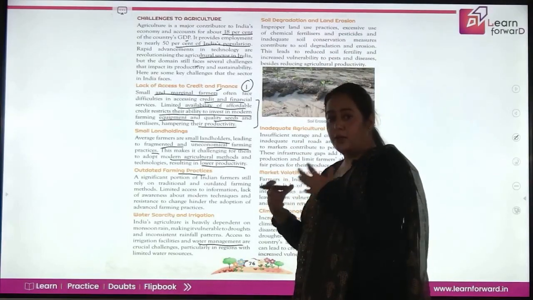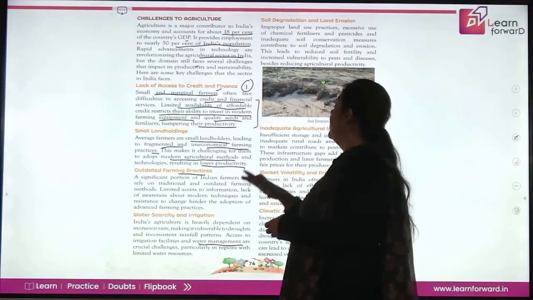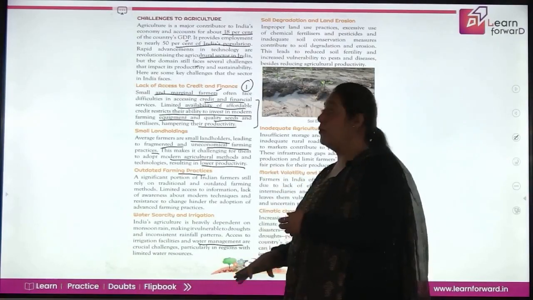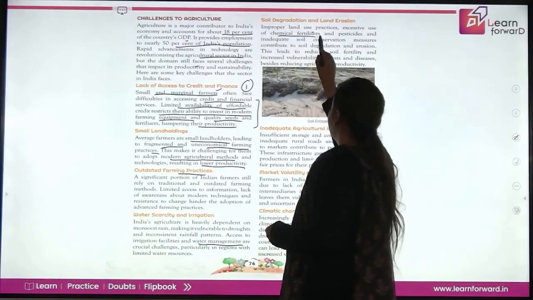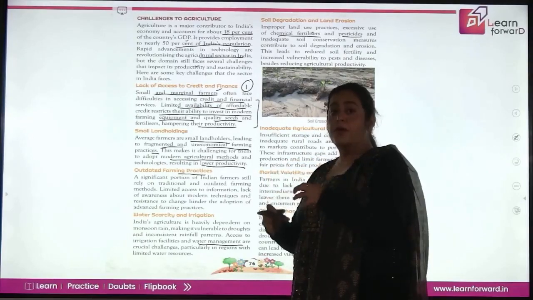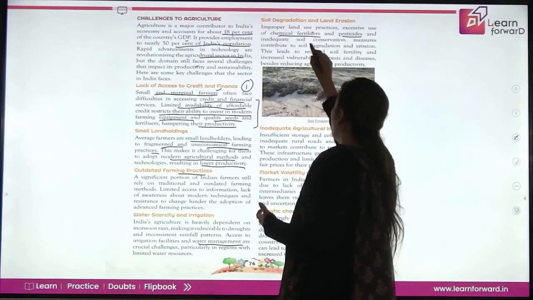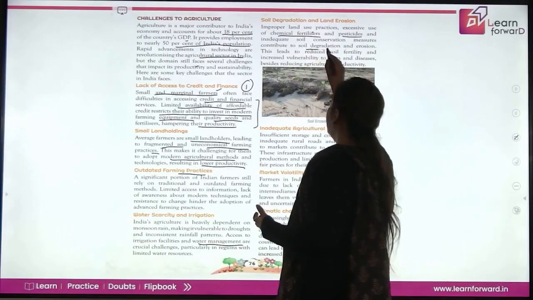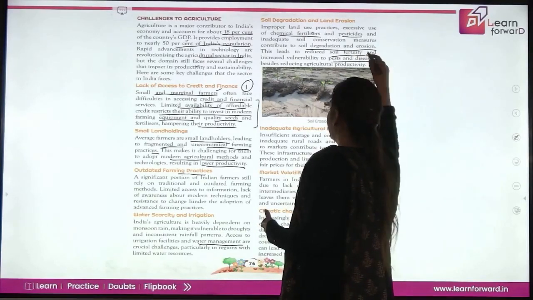देन सॉइल डिग्रेडेशन, लैंड इरोजन। हमने इतने सारे क्रॉपिंग पैटर्न पढ़े, तो अगर इतने क्रॉप्स बार बार सॉइल में लग रहे हैं तो सॉइल की जो फर्टिलिटी है ऑब्वियसली दैट विल नॉट एनहांस, इट विल डिटेरियोरेट। So improper land use practices, excessive use of chemical fertilizers and pesticides। और सॉइल की फर्टिलिटी सिर्फ सॉइल में क्रॉप लगा के नहीं कम हो रही है, हम बहुत सारे उसमें केमिकल्स डाल रहे हैं, पेस्टिसाइड्स डाल रहे हैं, और उसके बाद बहुत डिग्रेडेशन हो रहा है, सॉइल की डिग्रेडेशन हो रही है, इरोजन हो रहा है, जिसकी वजह से सॉइल की फर्टिलिटी कम होती है, वहाँ पे बहुत सारे पेस्ट और डिजीजेज अटैक होते हैं, जिसकी वजह से एग्रीकल्चर प्रोडक्टिविटी कम होती है, जो कि